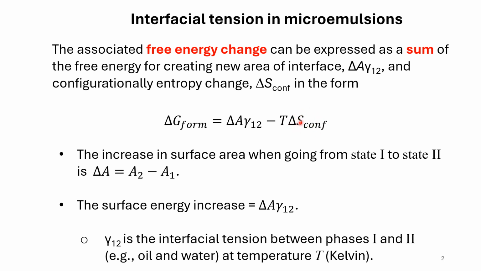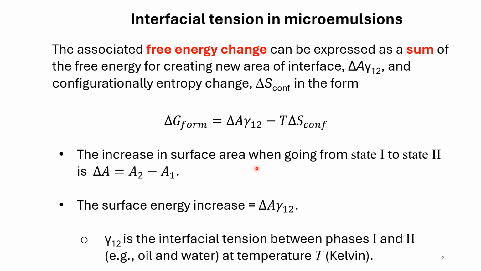So the delta G also depends on the temperature of the microemulsions, where it is prepared and also stored. The increase in the interfacial tension between the phases causes the change in the